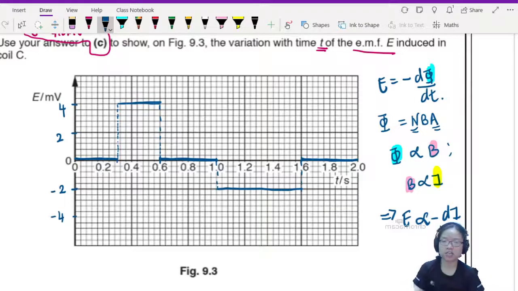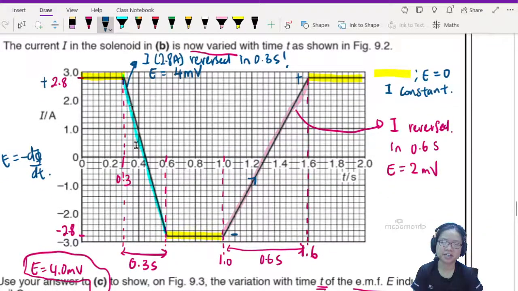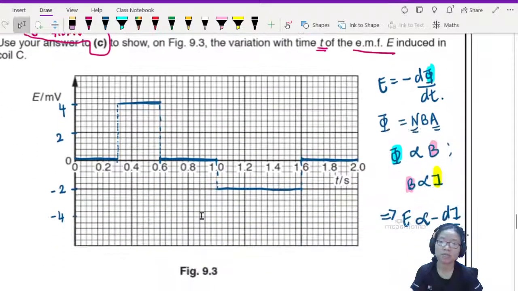Okay, so as long as there's a change in this gradient, positive, negative gradient. So negative dI/dt will be positive value. Here is positive gradient. So positive dI/dt will be negative value. Okay, to ease your brain, I will also highlight the relevant area. This will be here, and then this one will be here. All right, so this graph is all in all 4 marks, but you may be wondering, wow, where are the